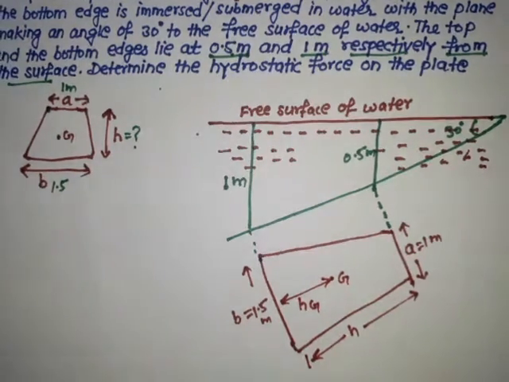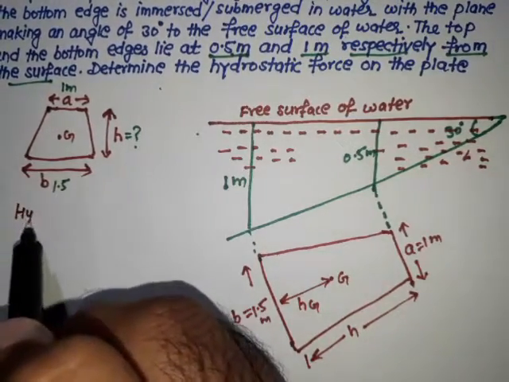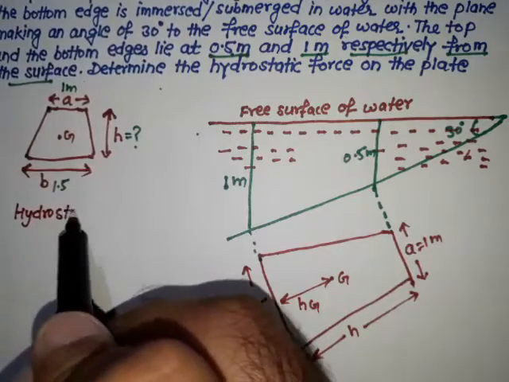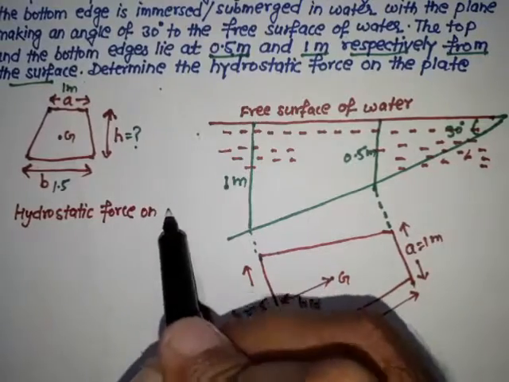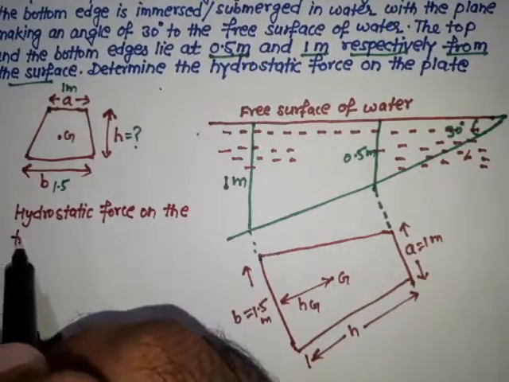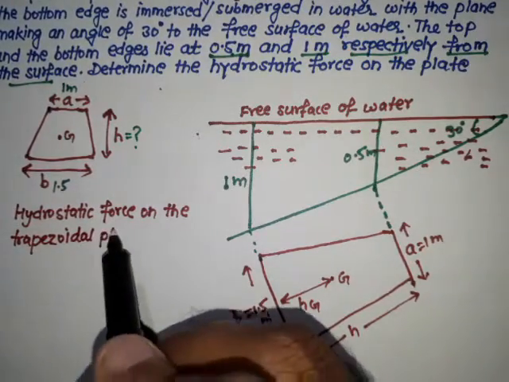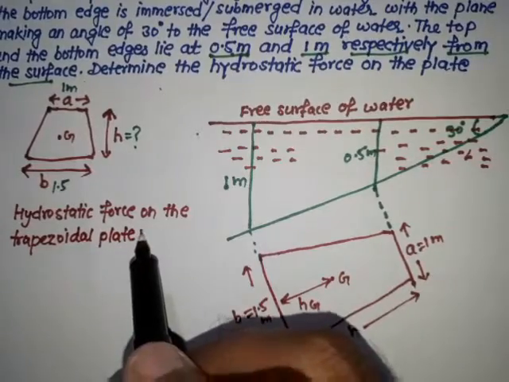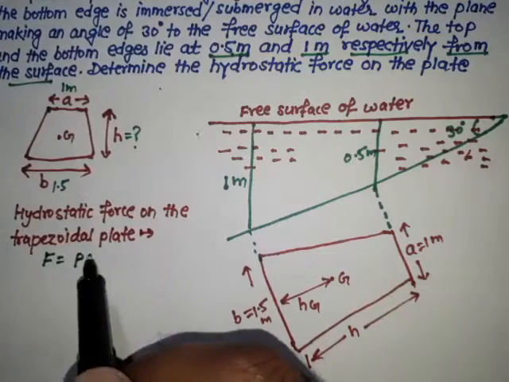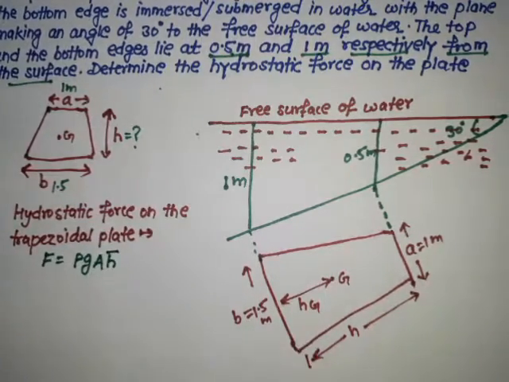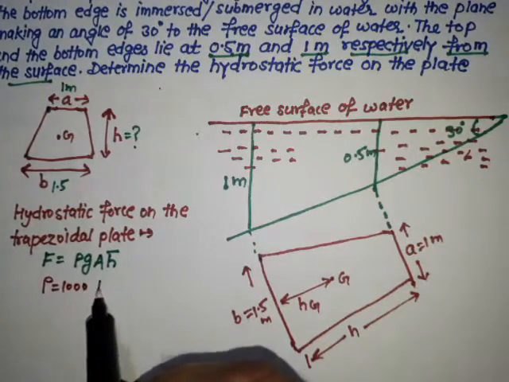So we need to find out the hydrostatic force. So firstly I write down the hydrostatic force on the trapezoidal plate. So we need to find out the F, that is rho g A h bar. And as we know, this rho is 1000 kg per meter cube,